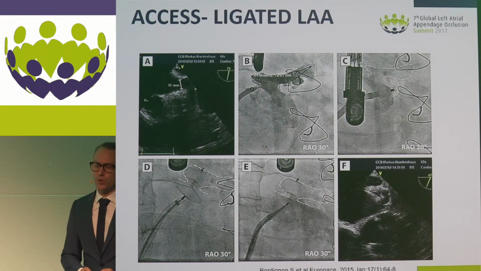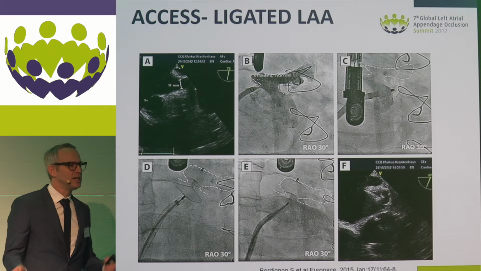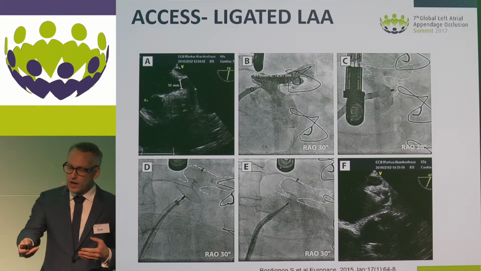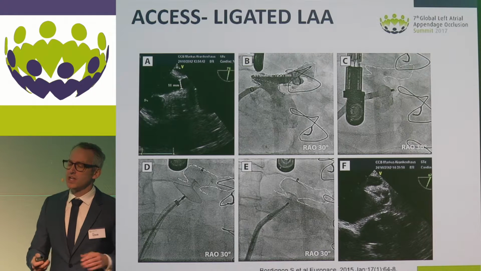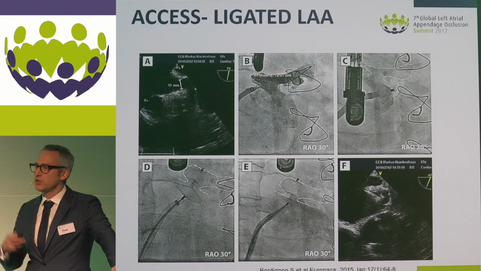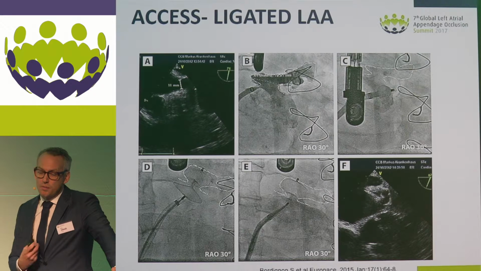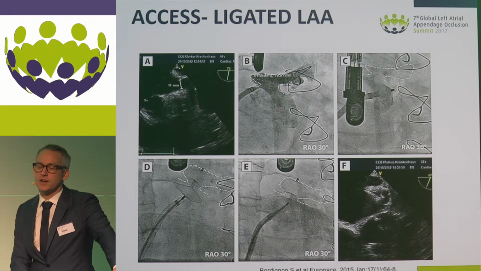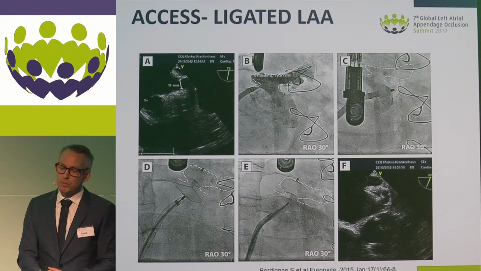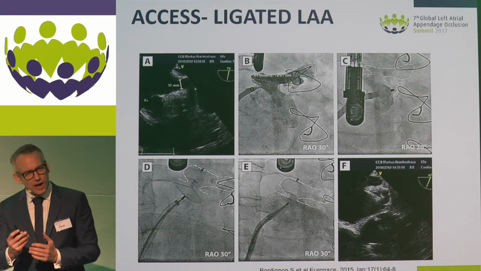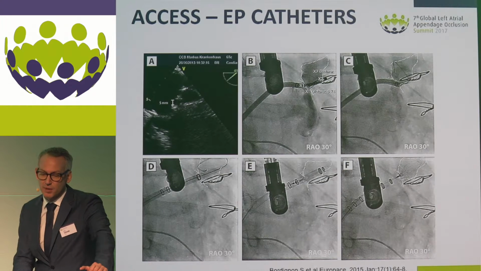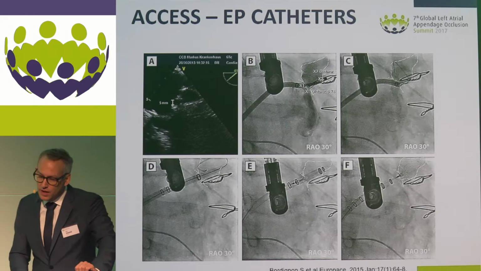So next axis would be left atrial appendage. Sometimes, depending on your puncture site, depending on the individual anatomy, very enlarged left atria, or in this special situation, a partially ligated left atrial appendage, it can be difficult to enter the left atrial appendage in order to place your device. And for me, in these small openings here, it is virtually impossible to place a pigtail catheter in the left atrial appendage. That's why we prefer to use a ball-shaped lobe to enter it, or, and this is the trick of the electrophysiologist as shown in this example, if the opening is even smaller,